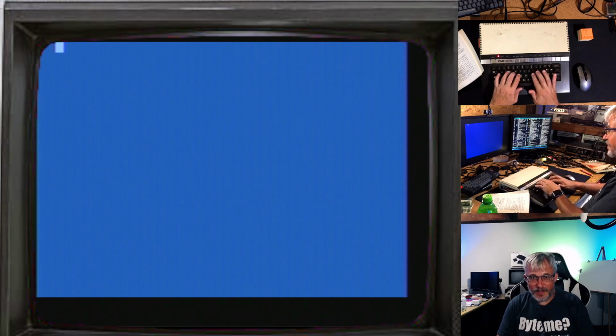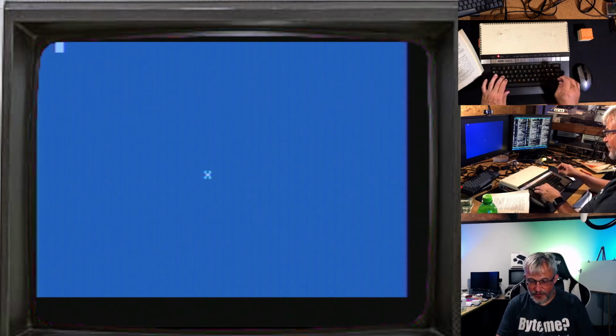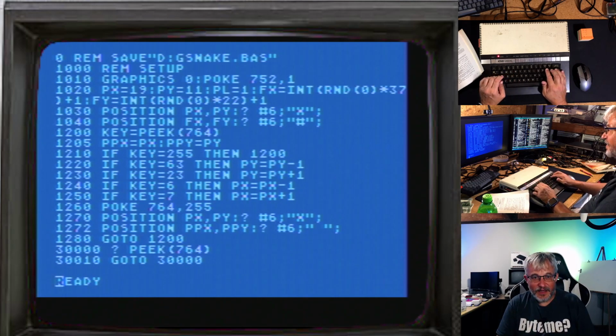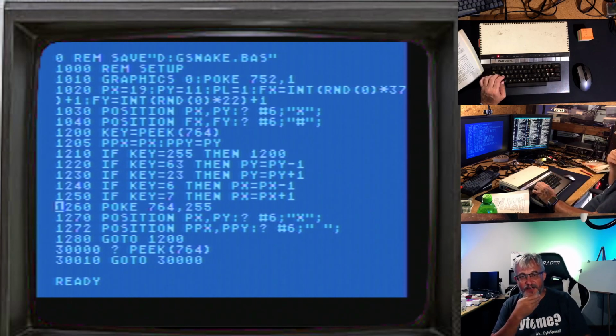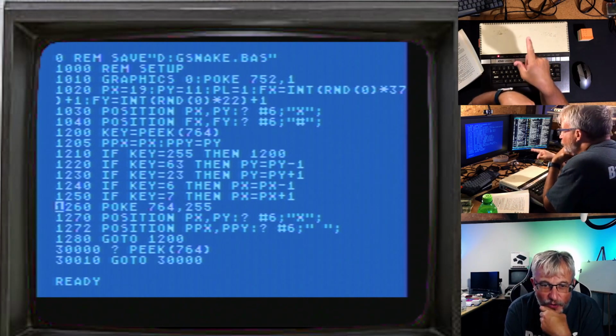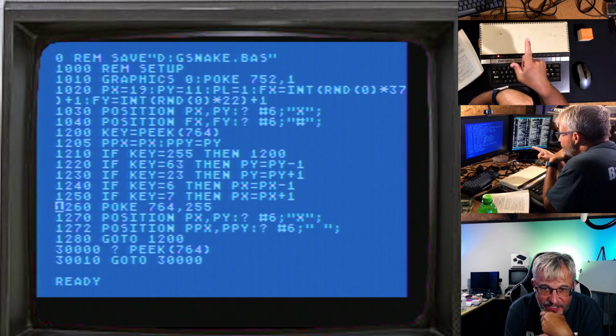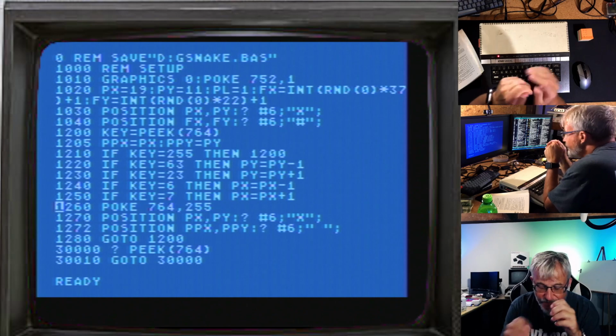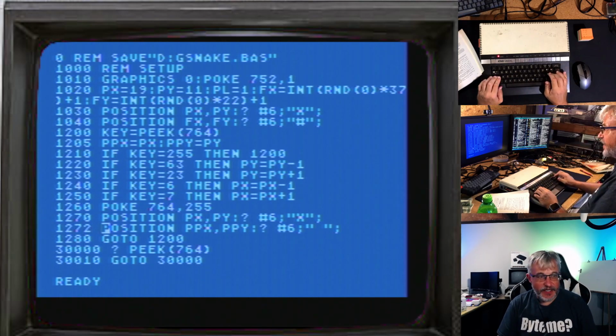I wonder why is the... Okay, we got one issue there. When you use a key that's not one of the ones we chose, the X disappears. So why is that? Oh, because we're still printing even if the number didn't change. So where I erased the old one, if the number didn't change, then it's erasing the current spot. So right here,